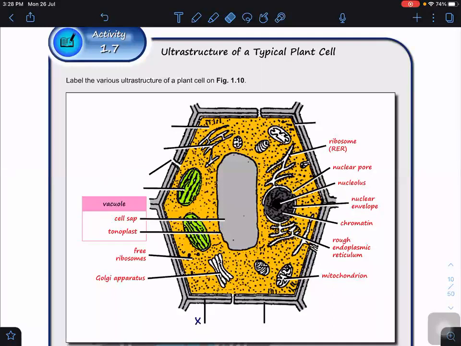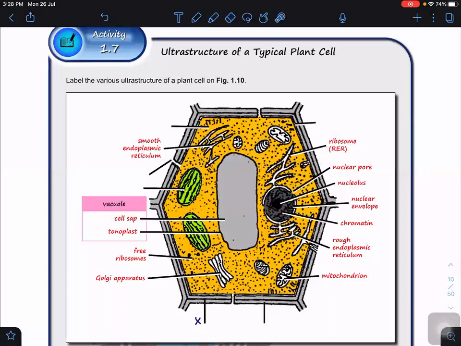Okay, the smooth ER. In this diagram it does not look very smooth, but you can see that most of the parts don't have the dotted structure, the dots there. Therefore, this one is the smooth endoplasmic reticulum. They're interconnected, but compare it to those. Can you see that? These two are rough ER. Now, what else do we have?